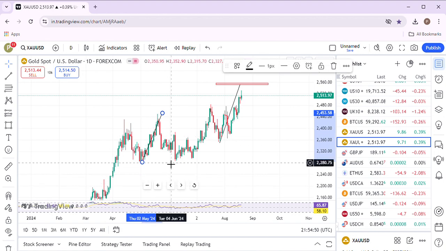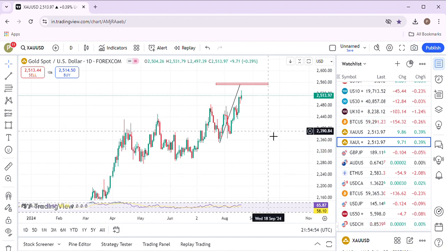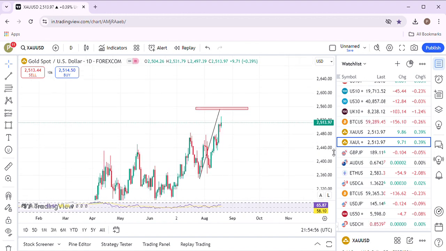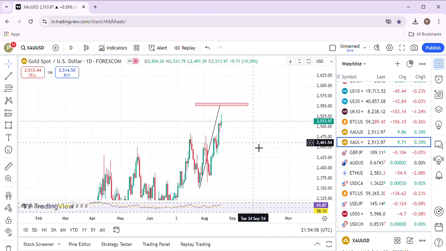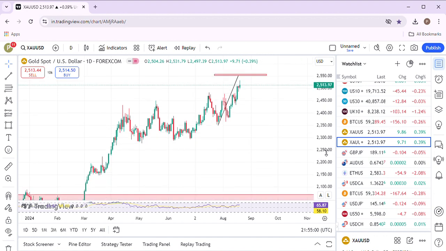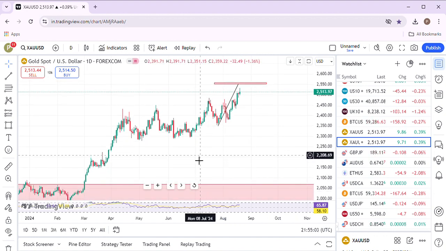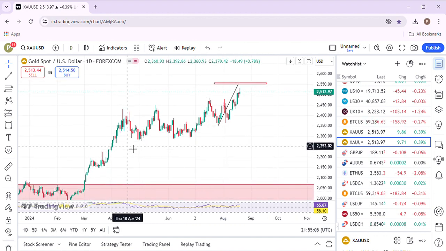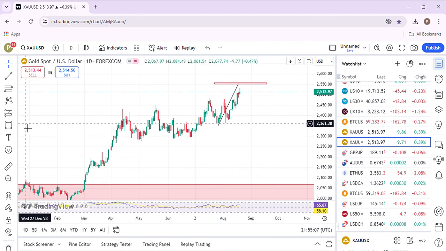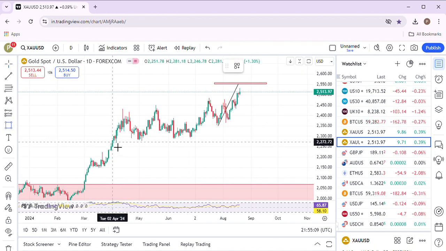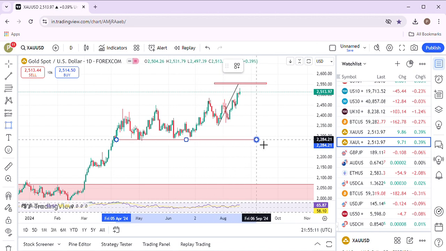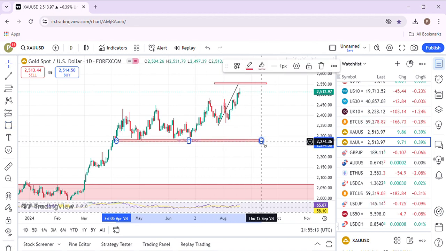I will make a video about it. So my friends, if you are a beginner and you are watching my video for the first time, you will say, where is the trend line? This is the beautiful trend line, my friends, which I will be discussing in future videos, how to draw a trend line, and how to make good profits.